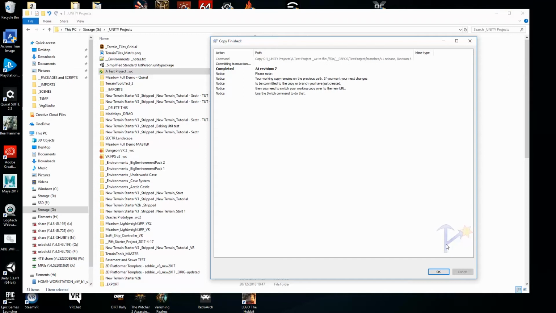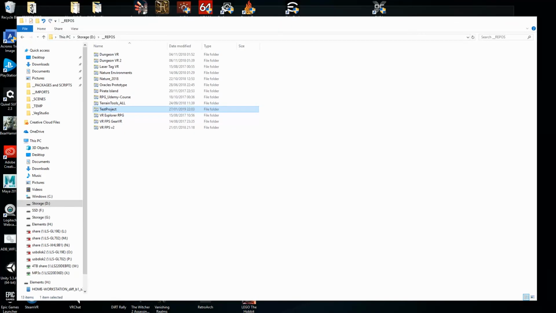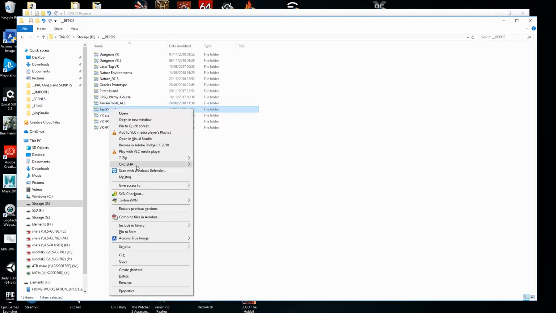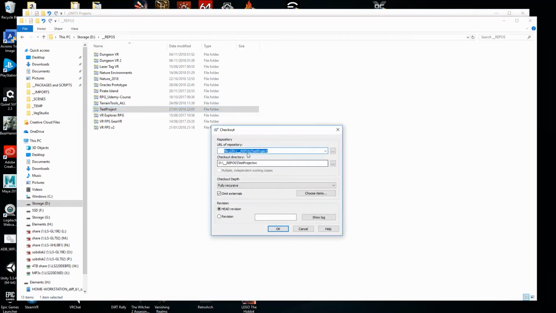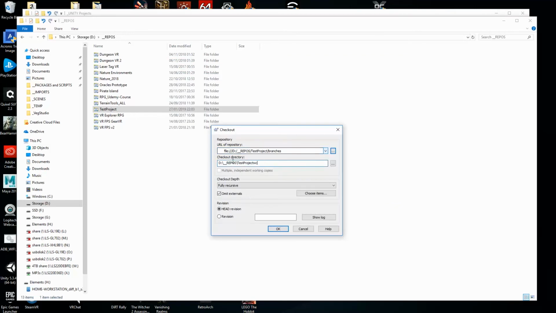That's kind of more advanced version control, but just to give you a taster of the power that it gives you, this idea of creating a branch. Then you can do things like, so you've done some work and you need to get back to what you had before. Well, we've done this checkout already, so I'm going to SVN checkout, and now you might say, actually I want to check out from, so if you can't see what you need, you can open the browser using these little dots. So I want to check out V1 release, that branch,